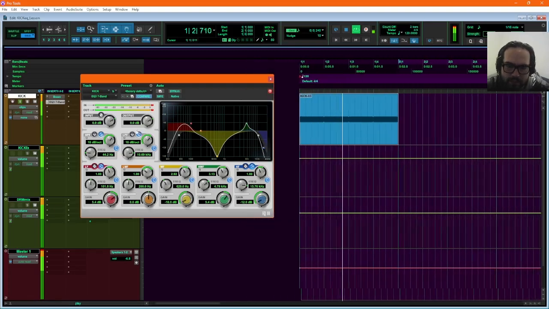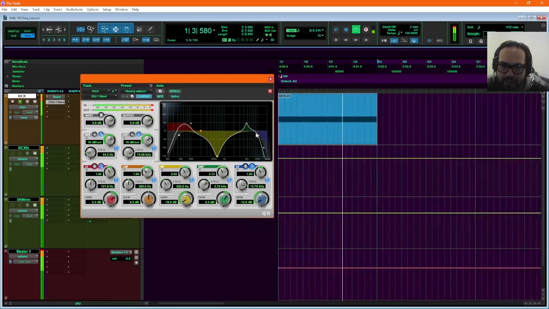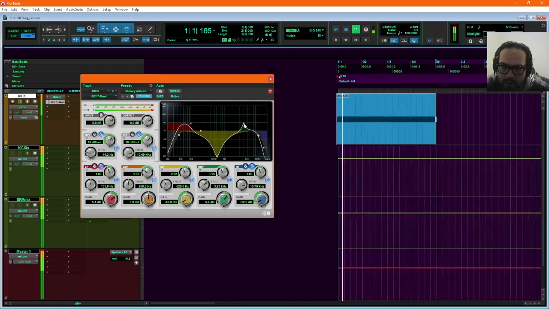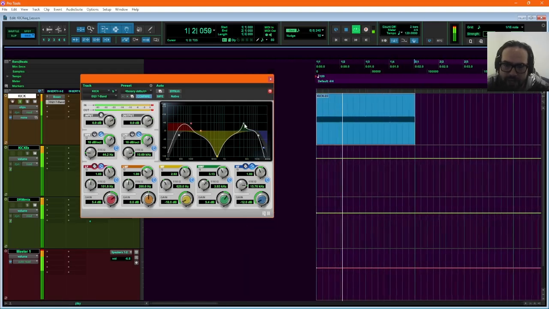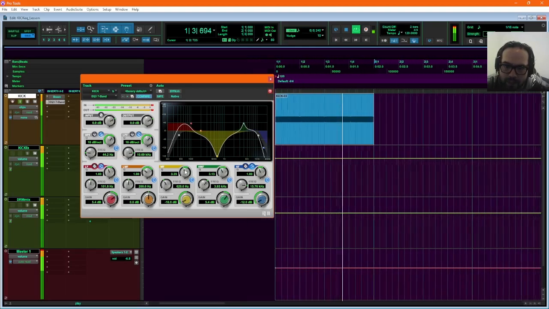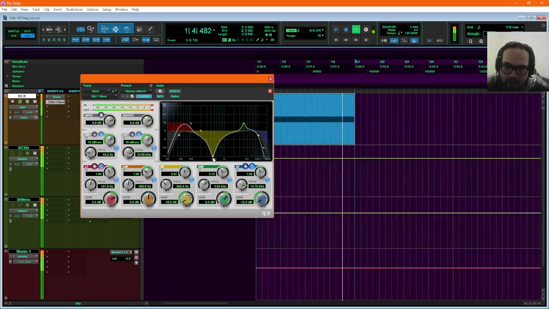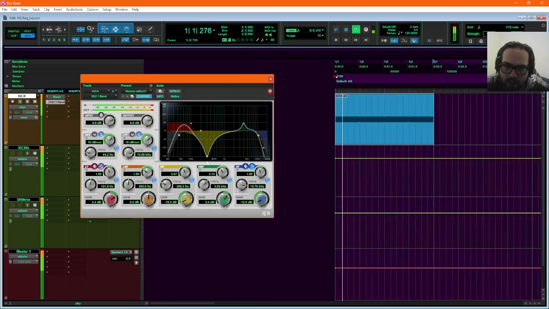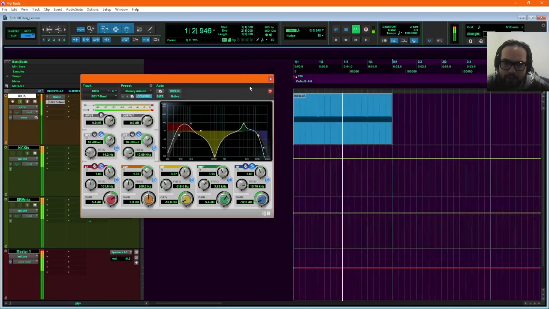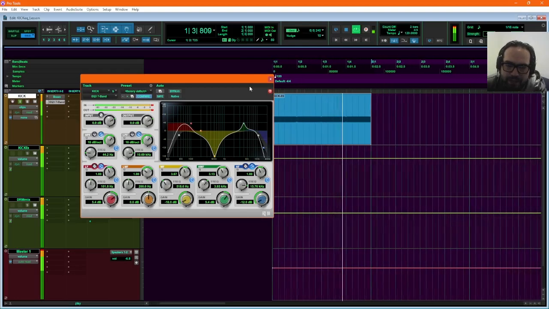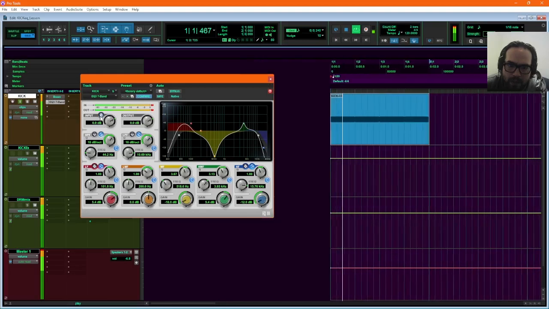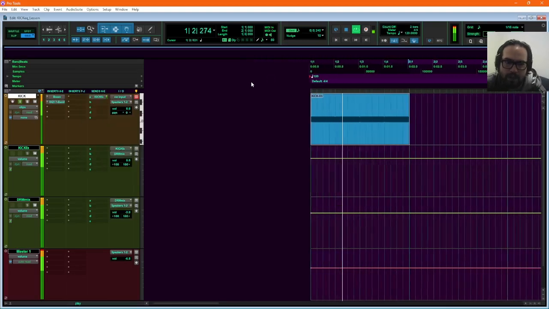And then I'm going to activate the low pass filter on the high end there. I feel there's a little bit more impact if I bring it right there. About right there, I feel like there's a lot of impact. Alright, now